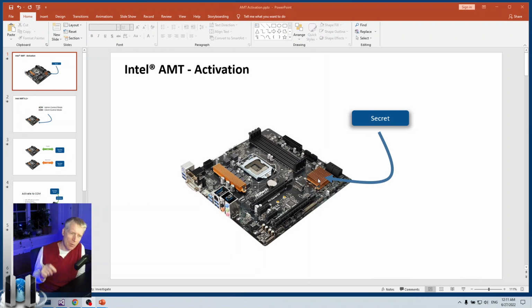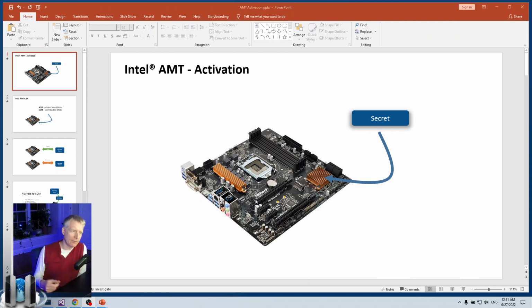This is the way that the rightful platform owner is going to be able to log in, or the way that Intel AMT will know who to trust and who not to trust. This little piece of information makes the difference between AMT responding to just anyone and AMT responding only to the person it's supposed to respond to,